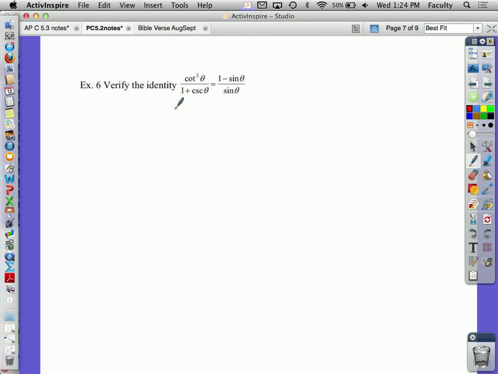I rewrote cotangent squared as cosine squared theta over sine squared theta. Now, you guys, that is not the only way to do the problem. If I looked at that denominator, I'll bet you 1 minus cosecant squared theta is equal to